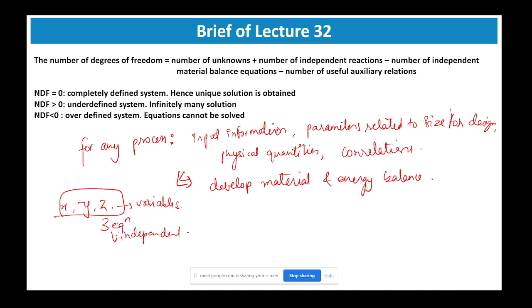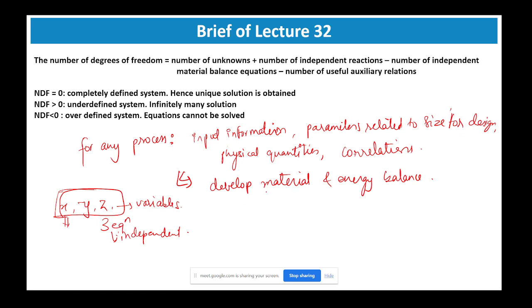So if you have dependent equations, then at the end, one or maybe two of the equations will get eliminated, and only one or two equations will remain. So for an exact solution, or a single unique solution, you need to have three unique equations. So similarly, if I want to solve the equations